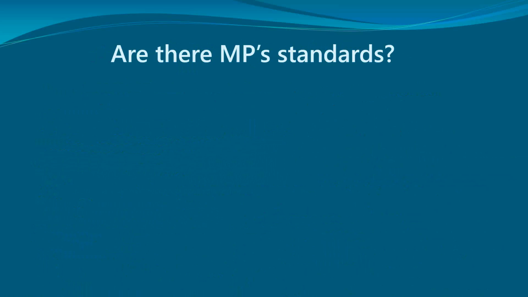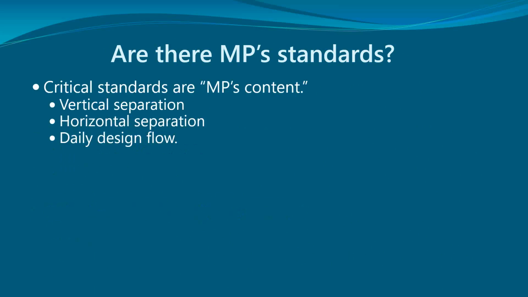Okay, a few more slides and then we'll get into some content that some of you have already heard. Critical standards are maintenance provider standards. Vertical separation, horizontal separation, daily design flow, maybe also the basics of system selection, whether gravity is allowed and that kind of stuff, because you're making conclusions. So there's no point giving the thumbs up that everything's operating in a normal manner as intended by its design if the thing is 10 feet from a lake, or if the bottom of the trench is underwater during the wet season, or if the thing is overloaded. So those are maintenance provider standards.